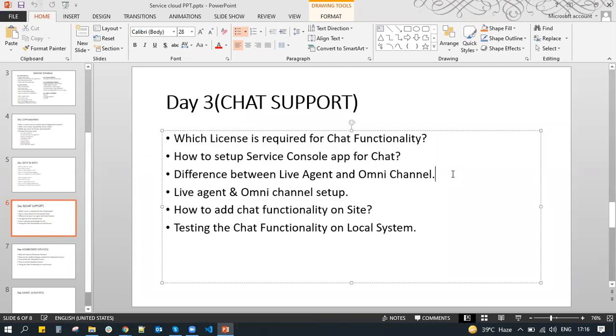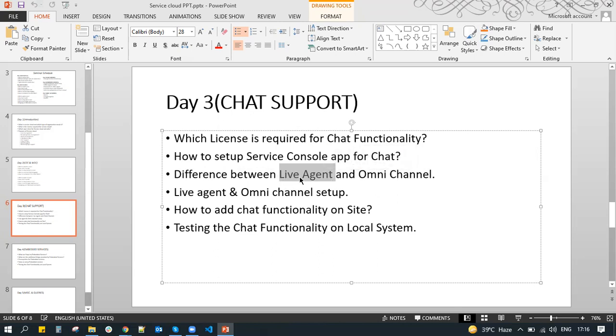Okay, so now what is the main difference between Live Agent and Omni-Channel, right? These are two different terms. I told you there are three means of communicating with agents using chat. The first one is Live Agent, another one is Omni-Channel, and the last one is Embedded Services. First of all, we will consider Live Agent and Omni-Channel only. The basic and main difference between the two is the environment.